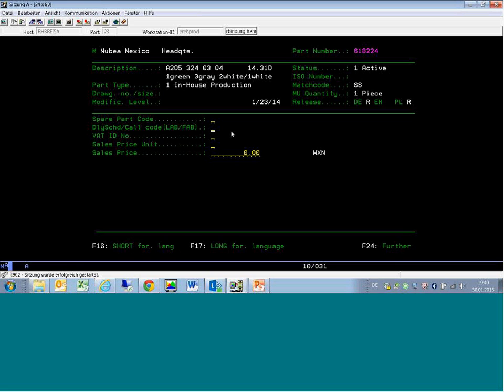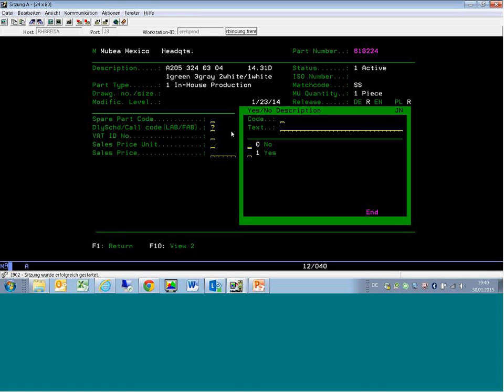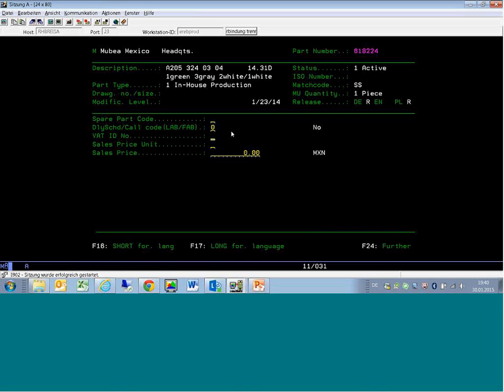I checked a couple of them. What happens if that was 0? Now here you have only nothing or 1. If you have 0 or no or 1, then it's not going to take account. If you put 1, it will take into account the FAB. That means the call-off. If you do like this, it will take into account the delivery schedule